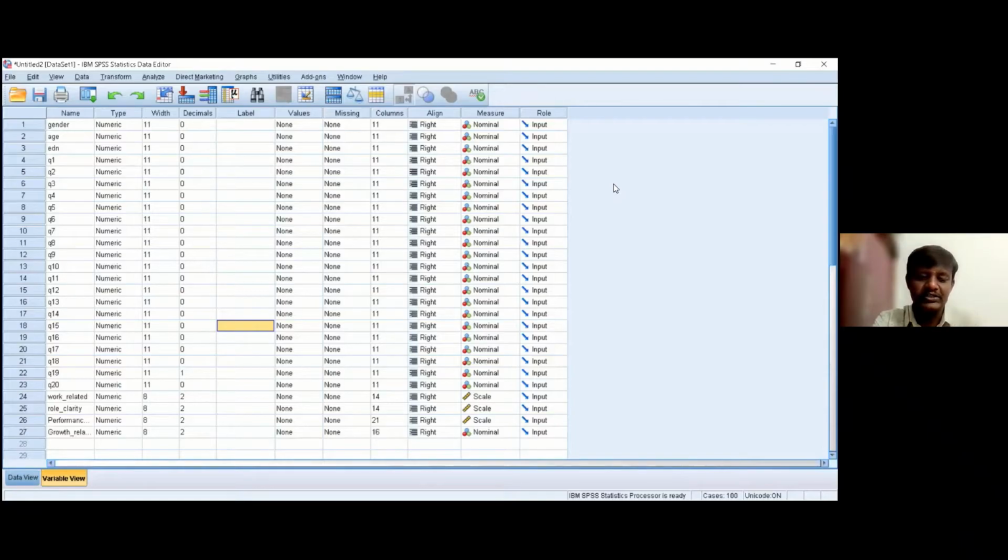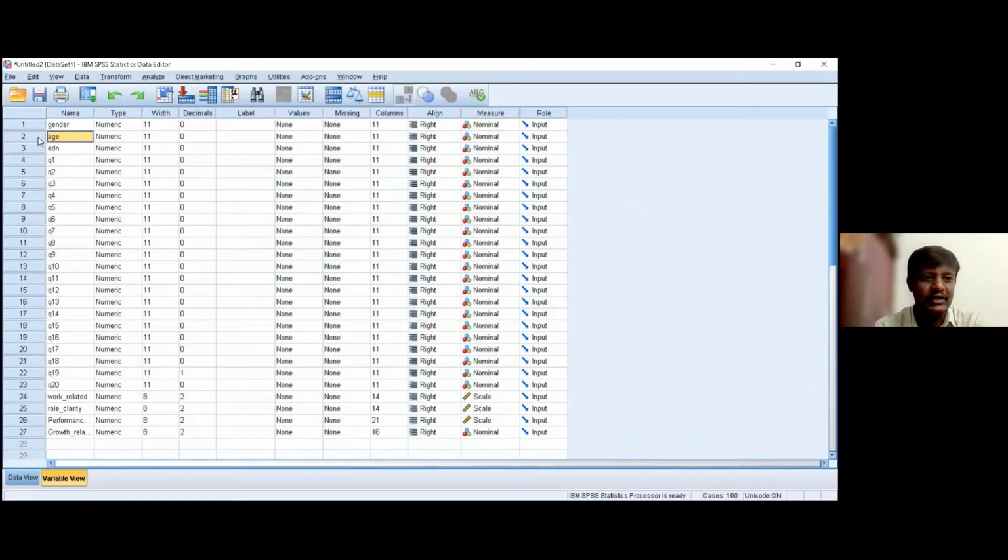The decision of applying this independent sample t-test has to be taken when the two groups are selected from different populations. Here we are going to consider two variables.